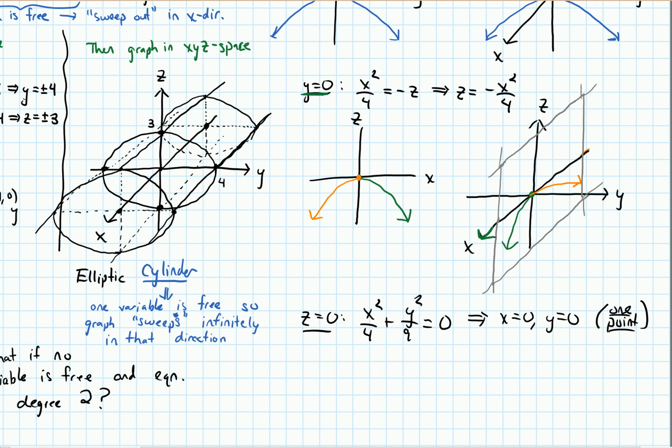Okay, so that's actually going to be the origin. That's the origin right here in the graph. So we actually already had that kind of drawn in. Let's do another cross-section now. Let's start to do